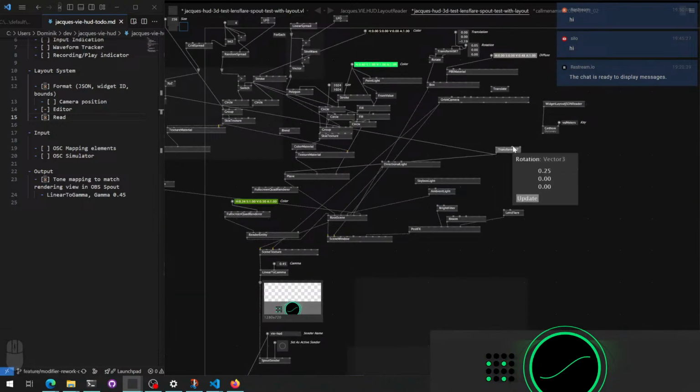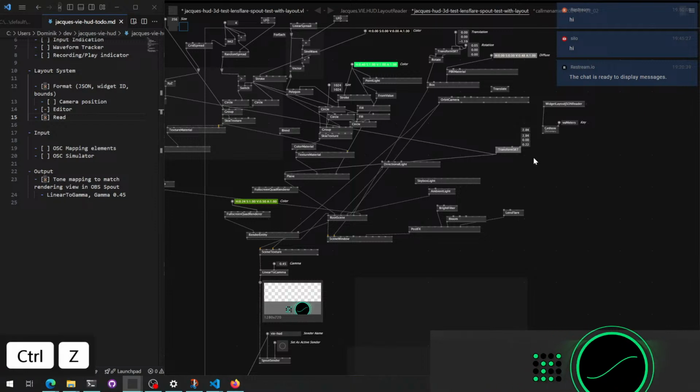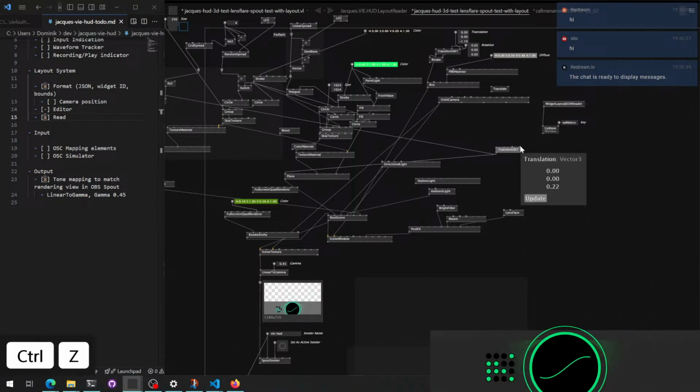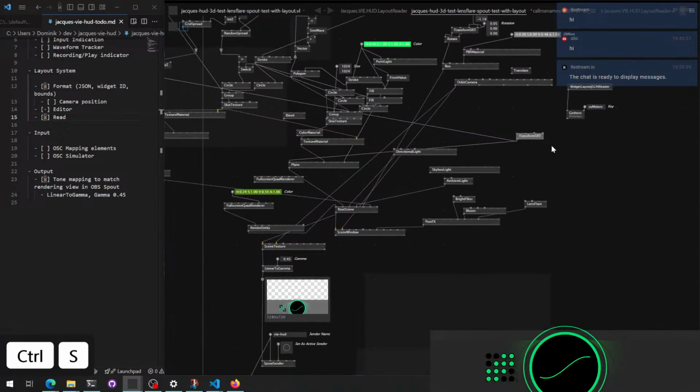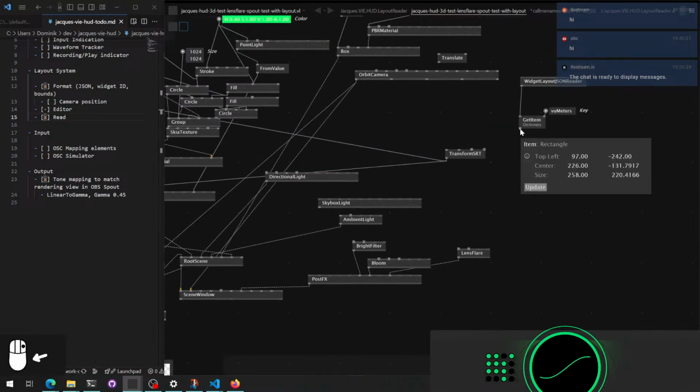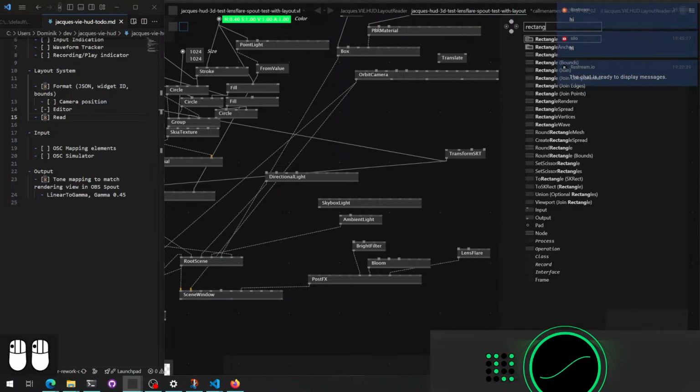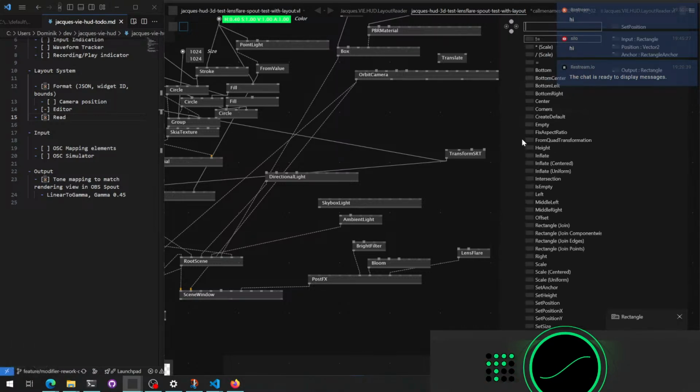So if I'm moving this, okay, that's everything. I guess we get the point, right? If I go, let's do rectangle position,